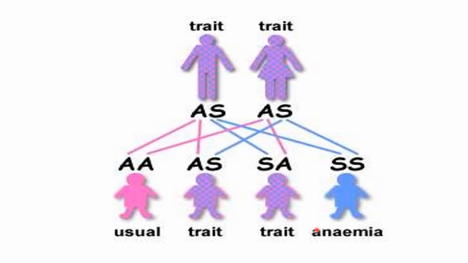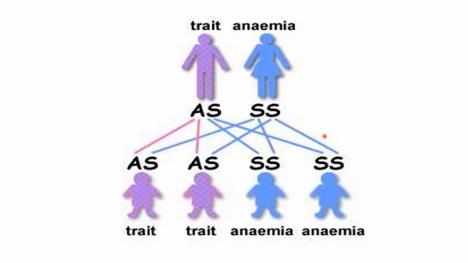This is the most commonly asked question from sickle cell anemia. If both parents are having sickle cell trait, what percentage of their children will be having sickle cell anemia? They may ask about sickle cell trait, or about normal children. So the normal children are 25%, children with the trait are 50%, and with anemia 25%. Remember it. Coming to if one parent is having trait and the other parent is having anemia, this is another rare combination. Trait means AS, anemia means SS. Both the hemoglobin genes will be abnormal.